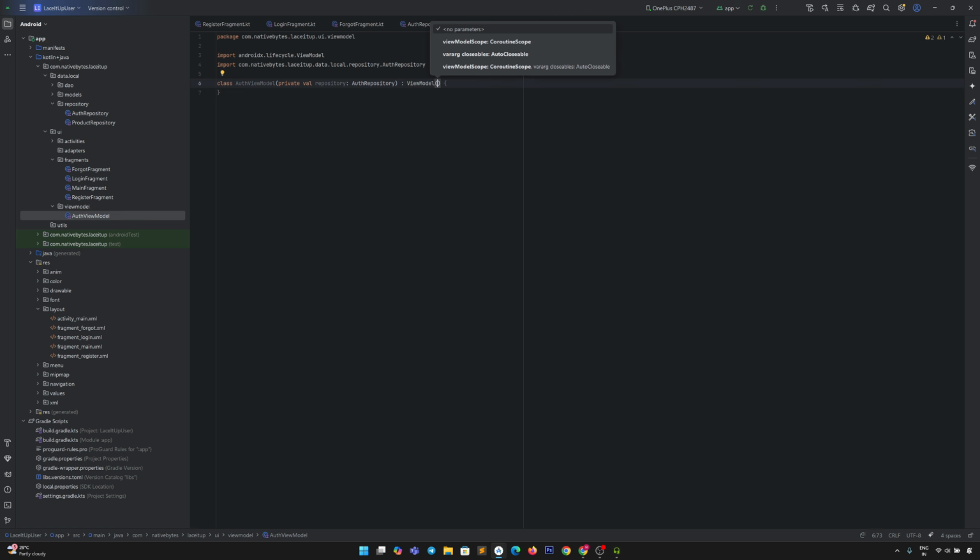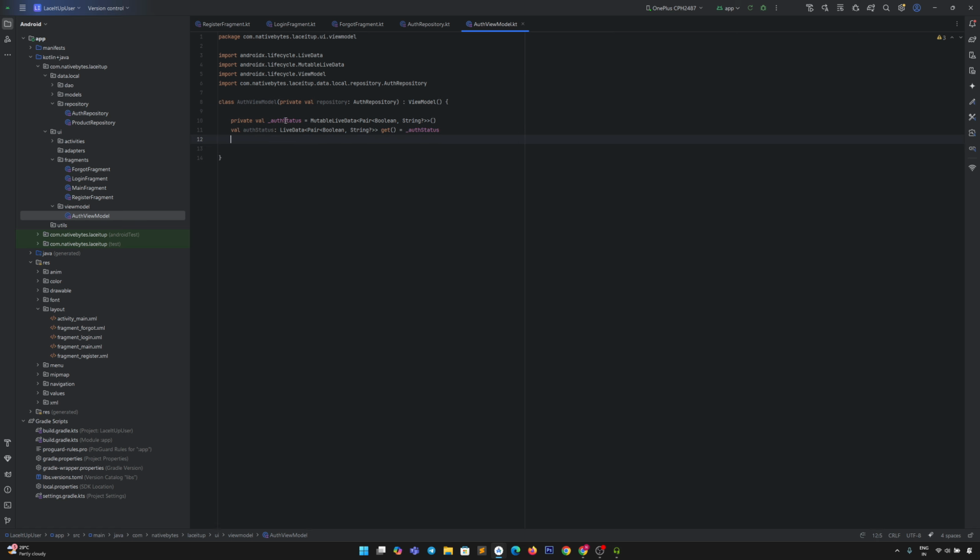So this defines our auth view model class. It takes auth repository objects as a parameter. We extend view model, meaning this class will survive configuration changes like screen rotation and store our authentication data.